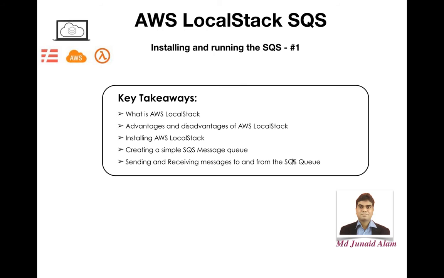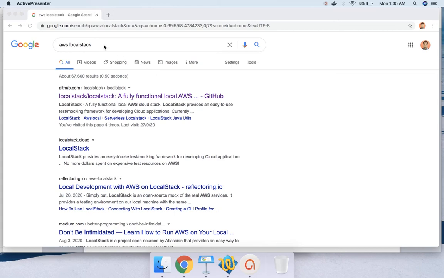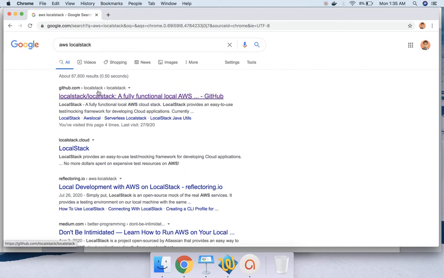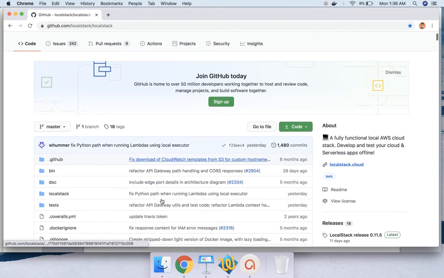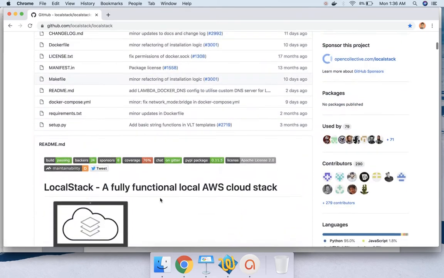So now let us quickly see how we can install AWS LocalStack. We open up a browser, come to the Google search page, type AWS LocalStack and search for it. You'll get this link to the GitHub. So let's come to this link. In this GitHub we have LocalStack.